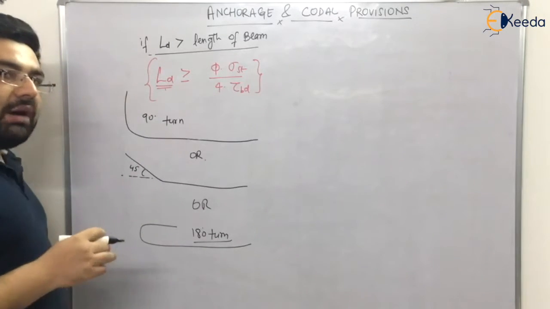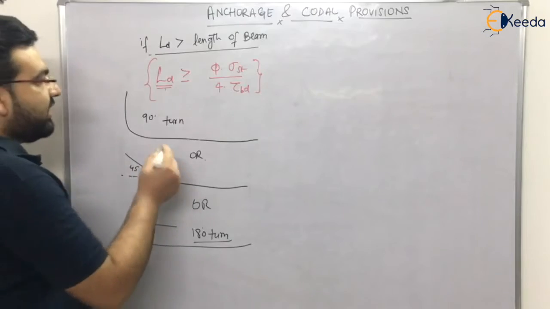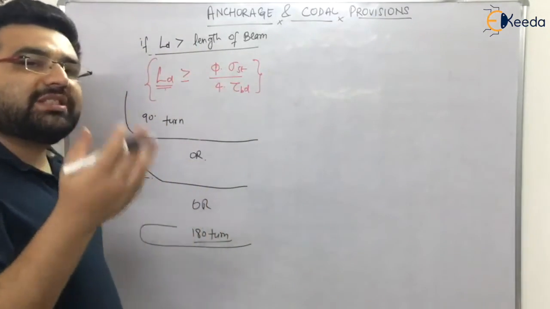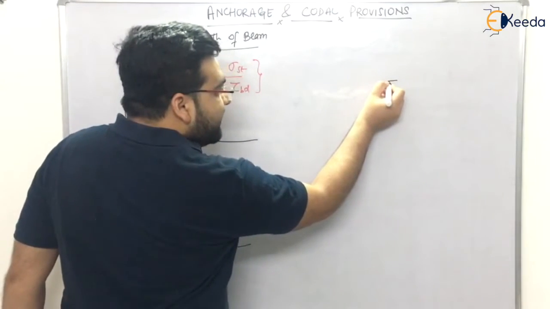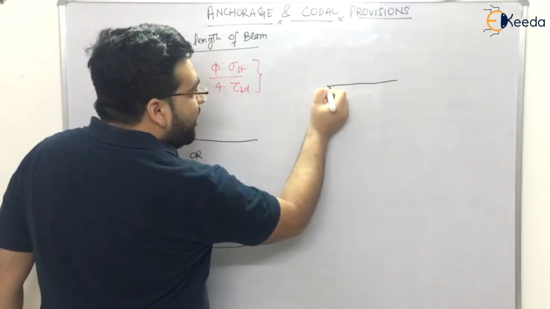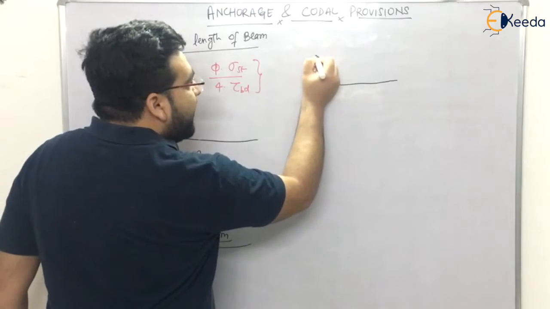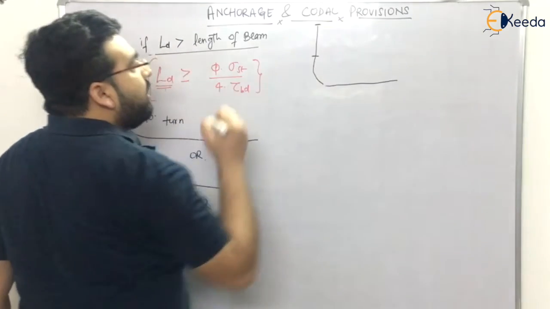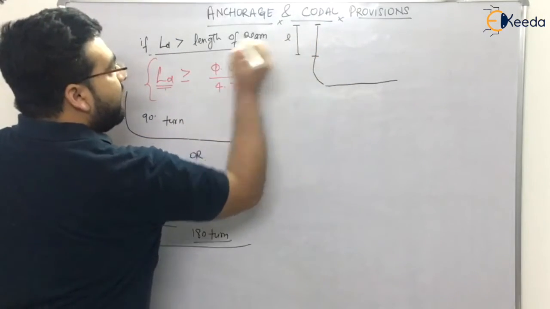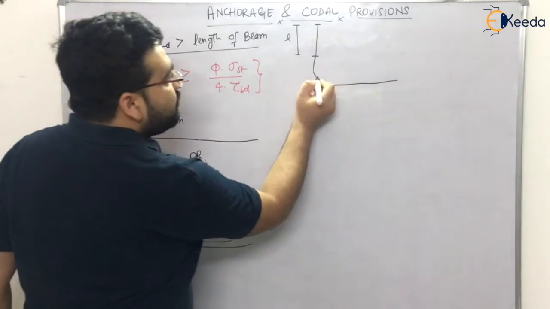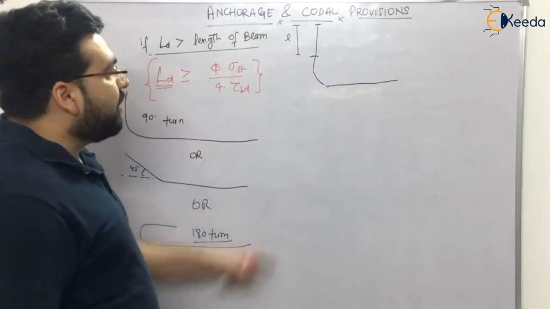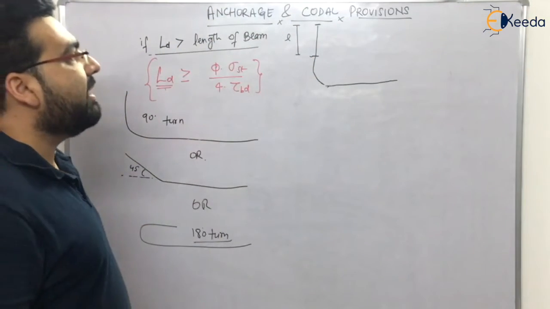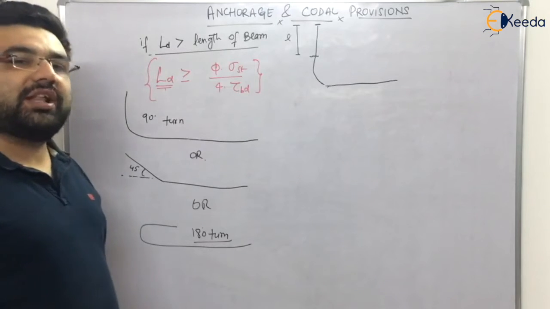Now let us talk about the anchorage length. Let me take the example of this 90-degree turn. Many students get confused about what anchorage length is. Let us say that this was the reinforcement. Now from this point you have bent the reinforcement, and up to here it was the curvature and then straight. So from this point to the ending point is known as anchorage length. Some students say from this to this point. No, from the point where the curve has actually ended to the ultimate length of the beam is the anchorage length L.